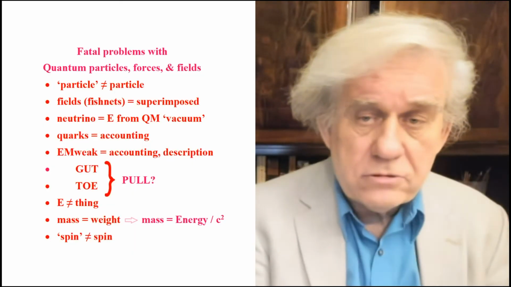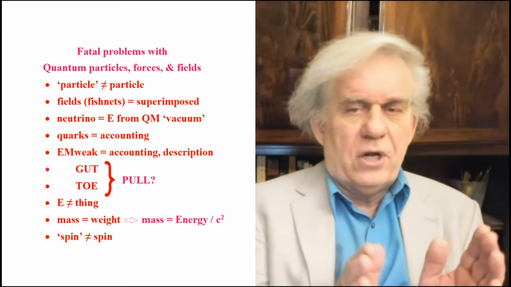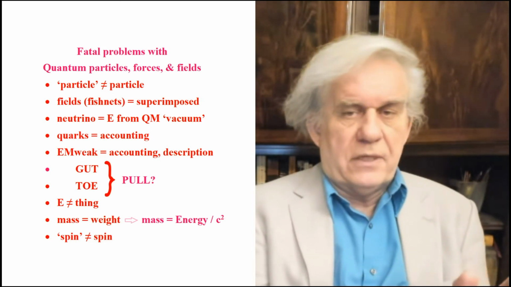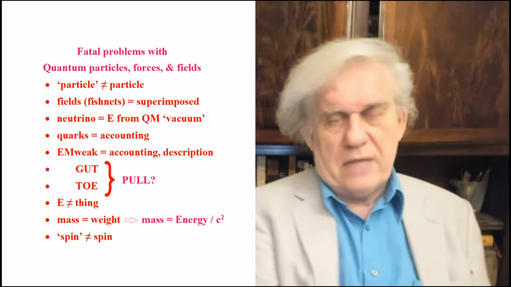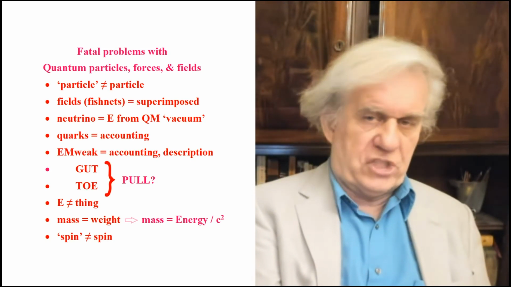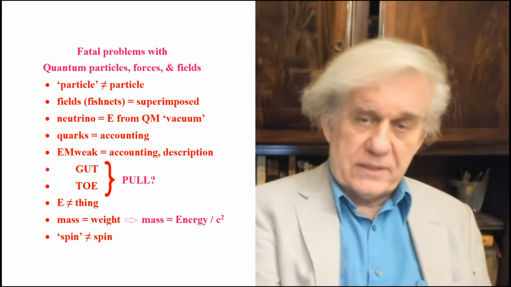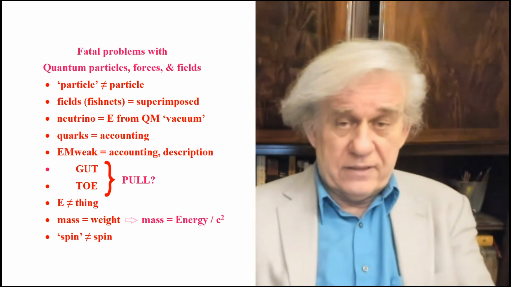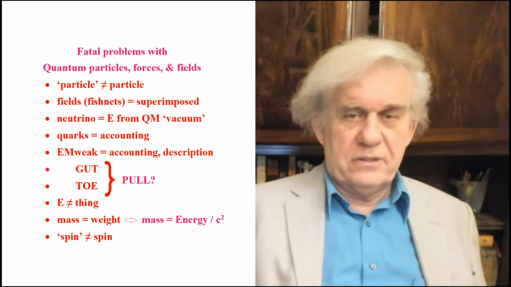What is a field? Is it a physical object or is it a bunch of numbers? So we need a definition or someone to tell us that a field is a physical object. One of the two. If it's a physical object, please draw it. I want a drawing of it. I want to know what a field looks like. And if you're going to draw a fishnet, I want to know what the background that gives contrast to the fishnet is. So you've got to identify that as well. And if it's a concept, well, then you can't say that a concept vibrates. You can't say that it's a bunch of numbers.